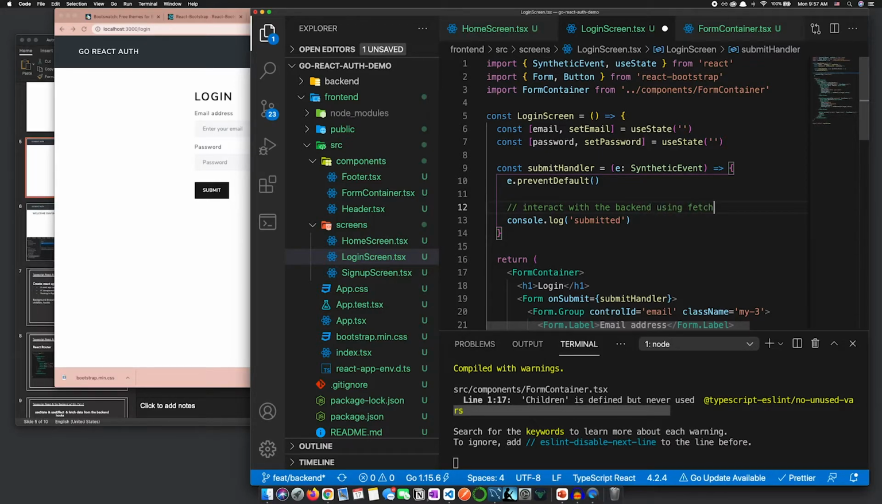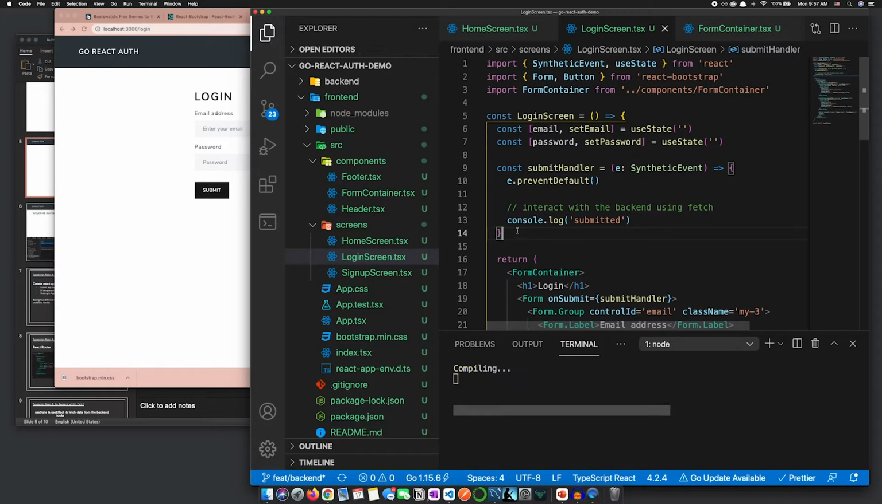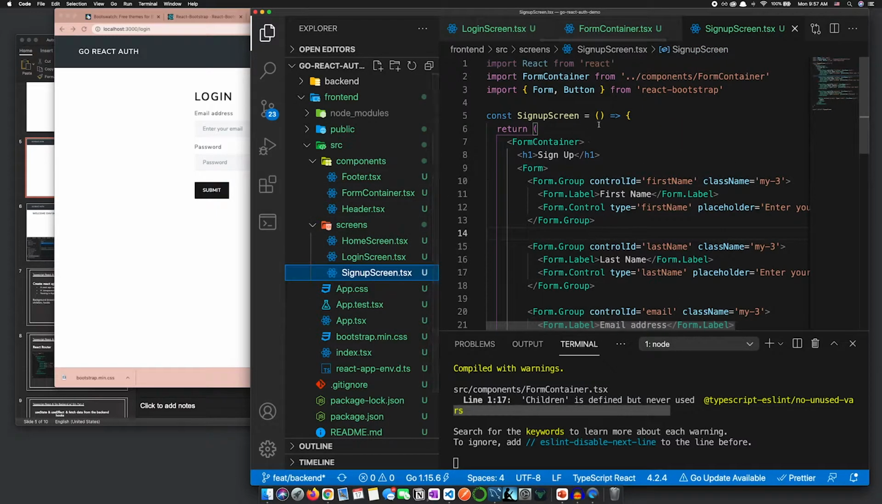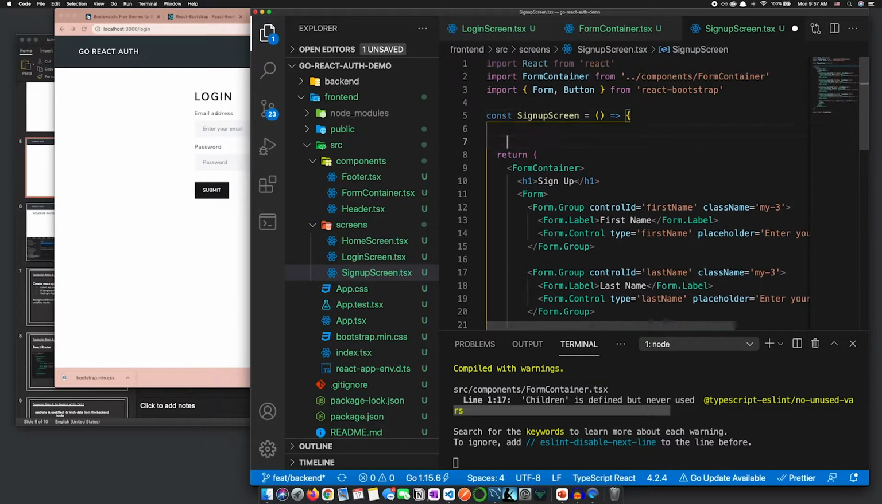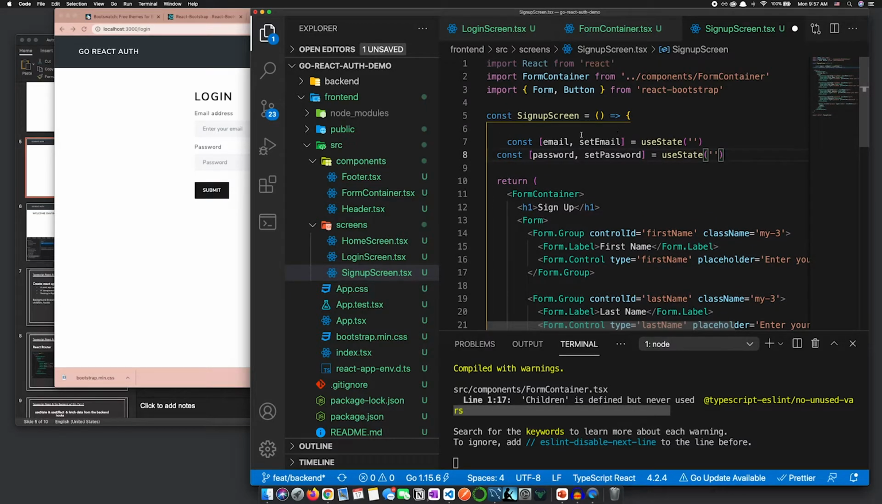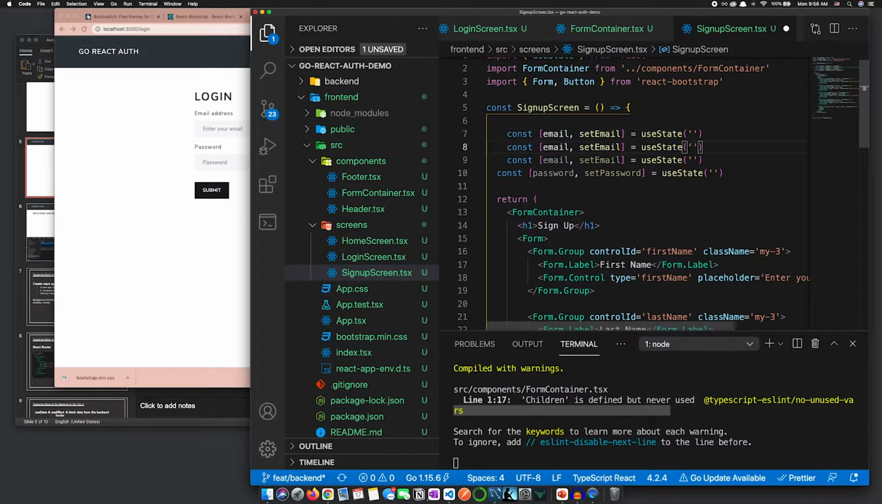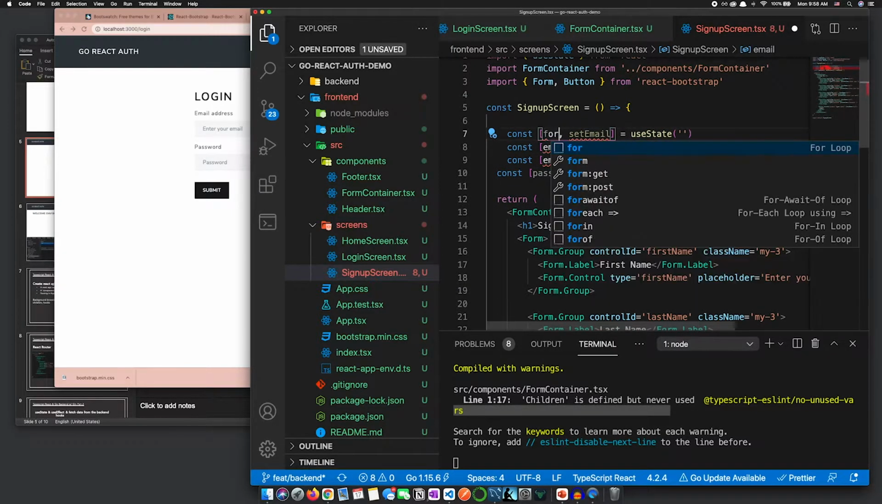Using fetch. That's what we are gonna do later in the login screen. But let's complete the sign up screen first. Okay, so I'm gonna copy useState here and paste it inside the sign up screen component. Of course, I do have to import useState from React, and I would need 2 more states in the sign up screen. For the first name,